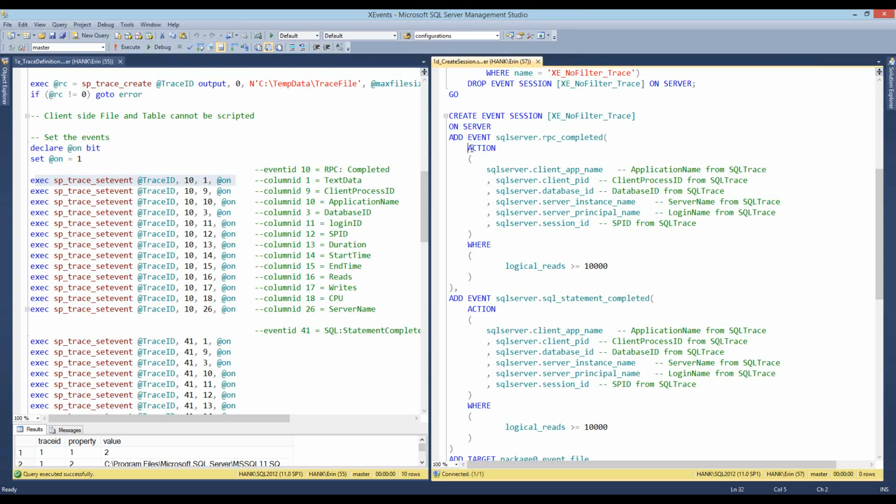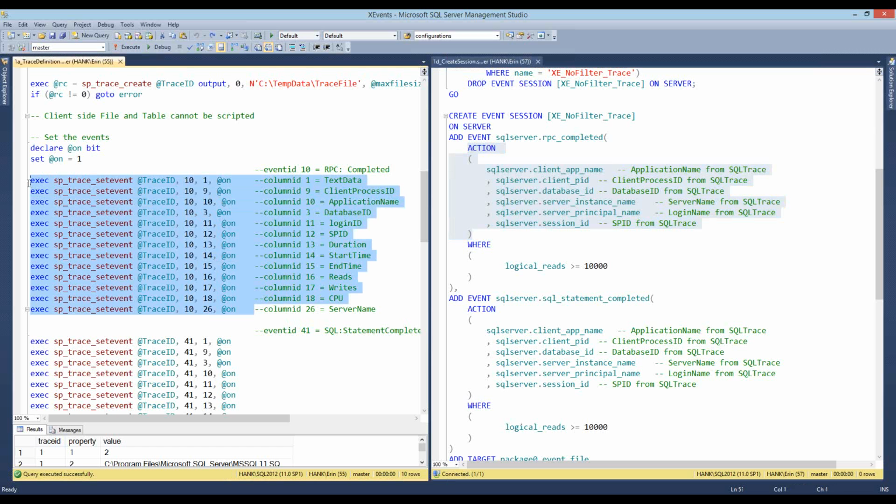And then what you'll notice is that I have this action section. You can think of these actions here as additional columns that I'm selecting. Many of you are probably looking at that and thinking, okay, on the right underneath my actions I only see 6, but on the left for my trace I see like 10 or 12. What's going on here?